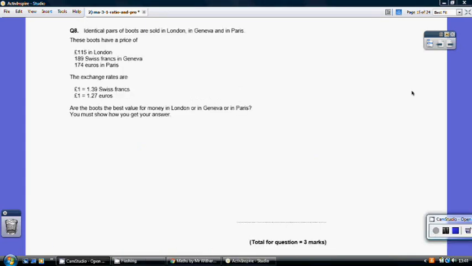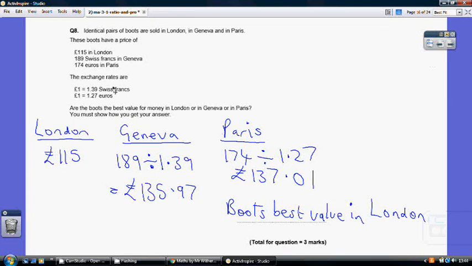So question 8. In London the boots cost £115. So I'm going to do all of these in pounds. Now in Geneva they are 189 Swiss francs, but my ratio of Swiss francs to pounds is 1 to 1.39. So if I'm changing Swiss francs to pounds, I need to make my numbers smaller, because 1 is smaller than 1.39. So I'm going to have to divide by 1.39. So 189 divided by 1.39 gives me